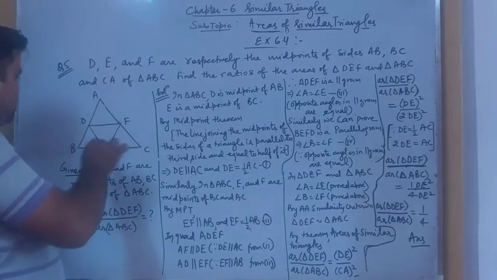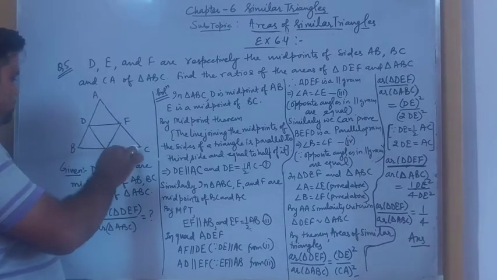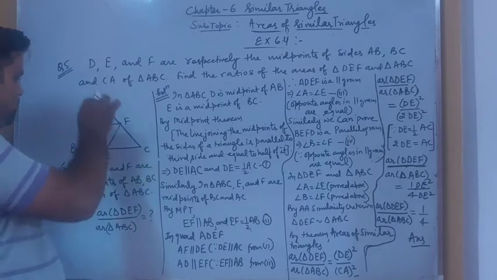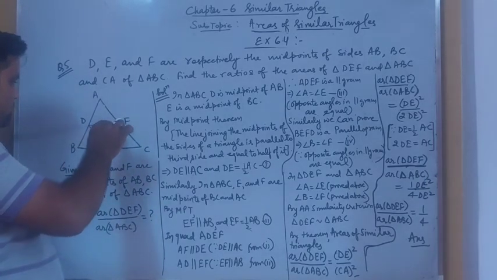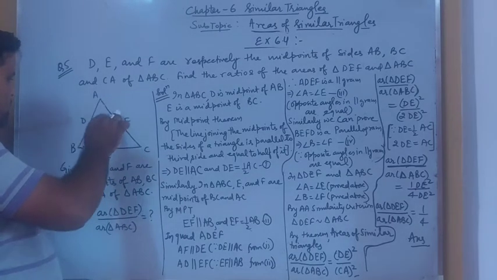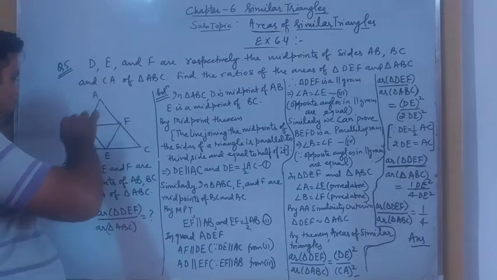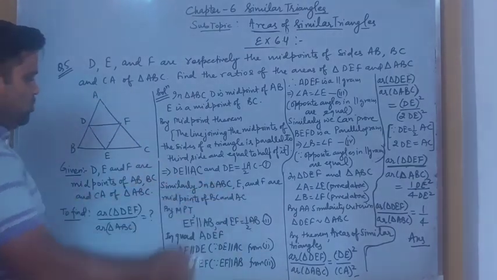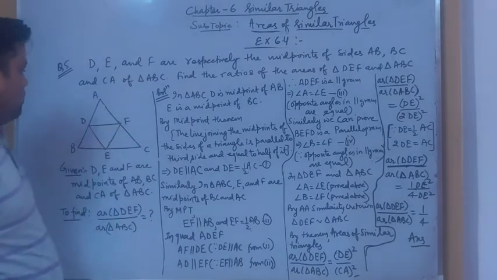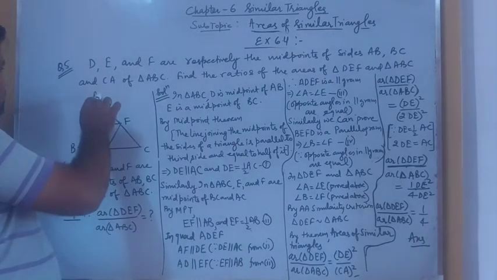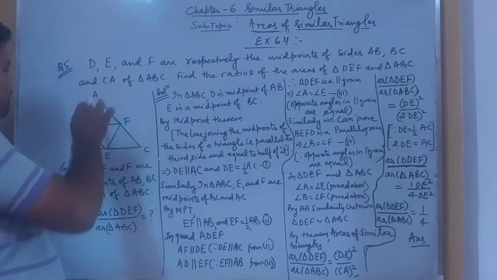Similarly in triangle ABC, as E is the midpoint of BC and F is the midpoint of AC, on joining this EF, we get a line EF which is parallel to AB, and this line EF is half of AB by the midpoint theorem. We have written all these things and we consider it as equation number second. Now let us come to the quadrilateral ADEF.